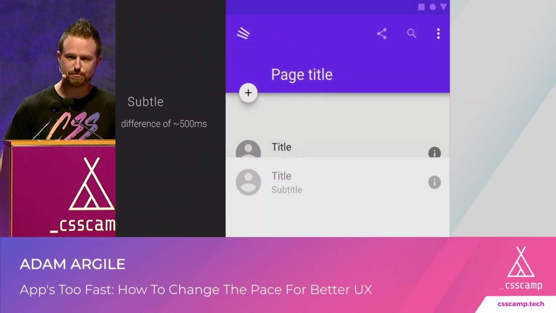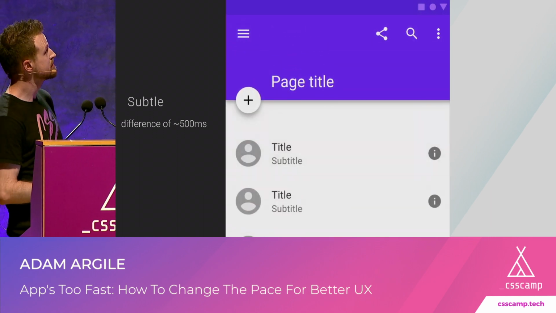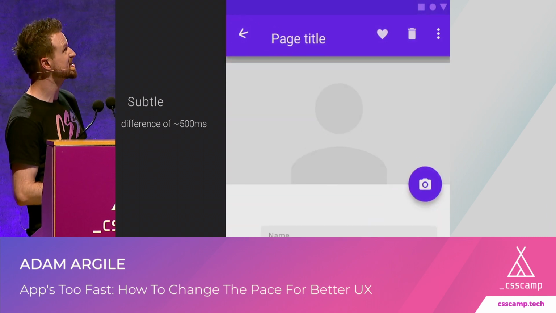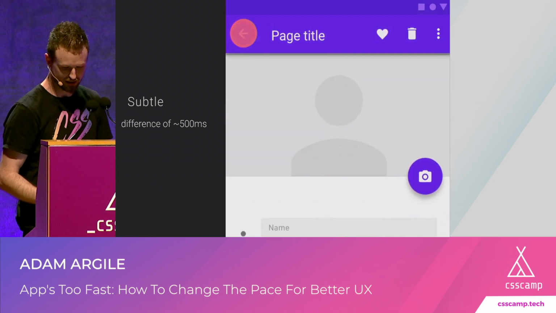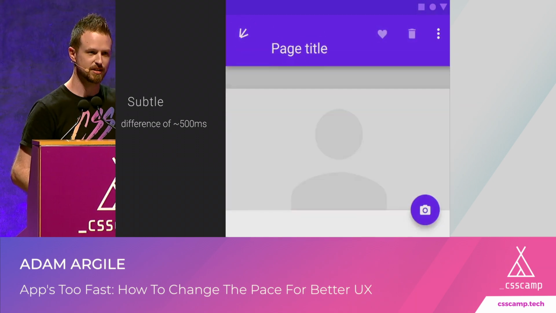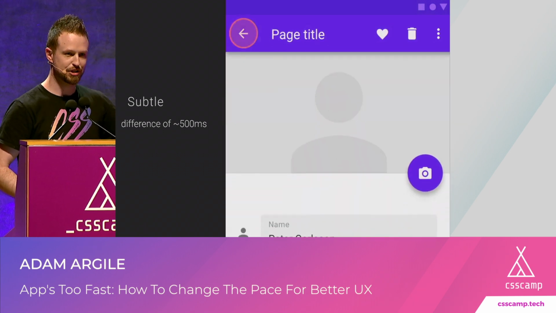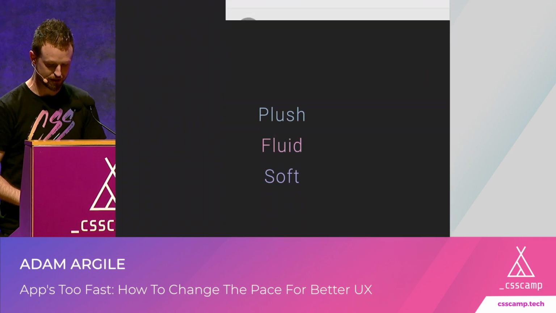This is just a difference of 500 milliseconds, half a second. Does that feel like it's stabbing? Is that going to hurt somebody? Maybe. There's a little less. It could crush somebody between the title and the thing. It's like, trash compactor. Not really, though, right? This is much softer. It's just a subtle change, and it really drastically changes the feeling. And this is just the animation, and we're going to go through other techniques on how to do this.